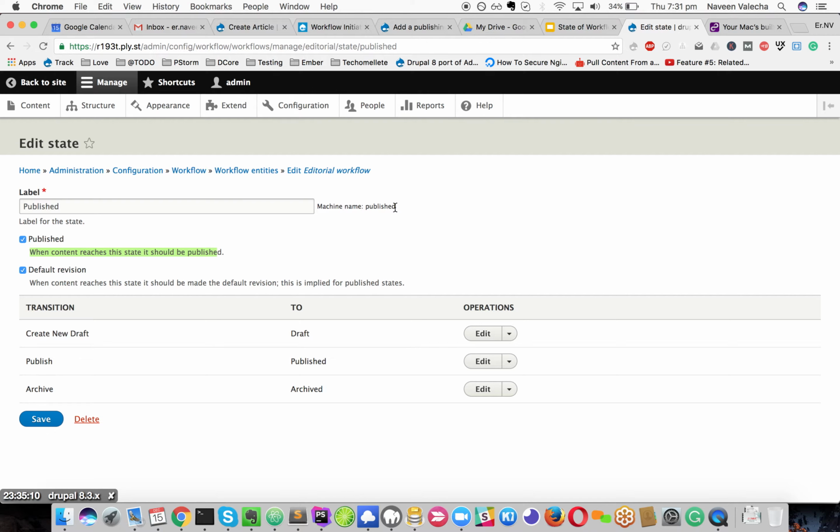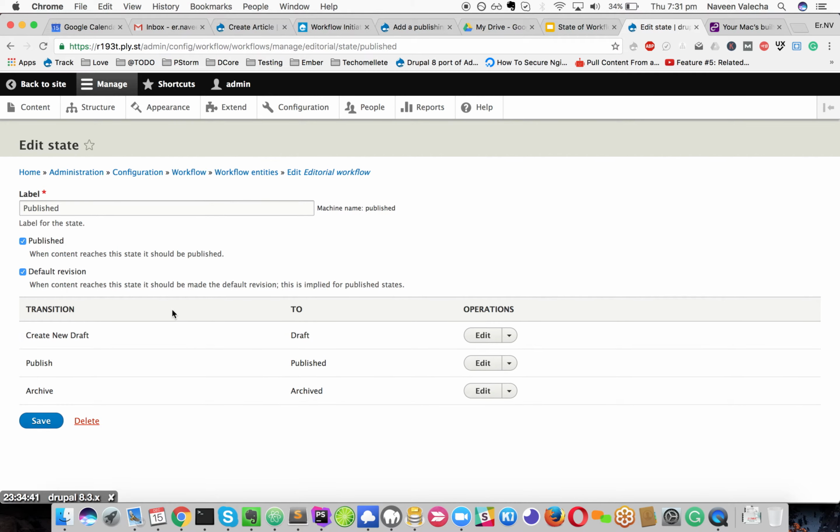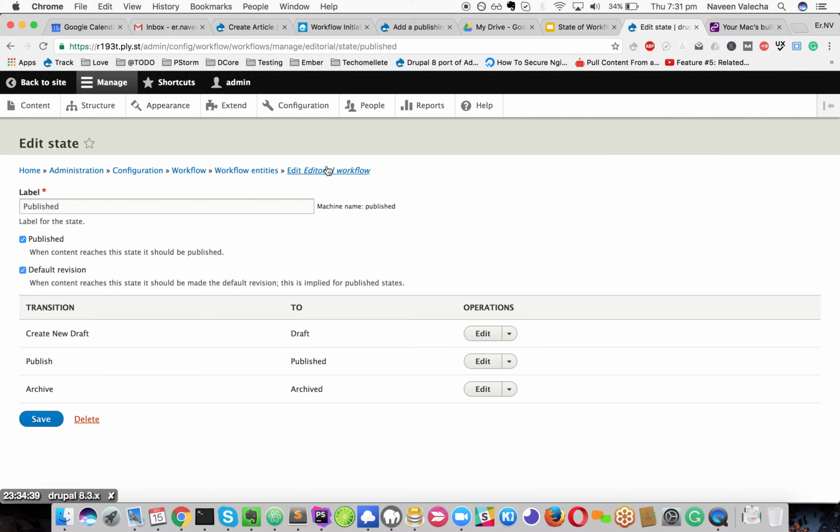So these two states, published and draft, work as follows. When the content is in the draft state, it is unpublished. When the content is in the published state, it is published, and the revision of that particular content will be its default revision. I'll quickly go back and show you